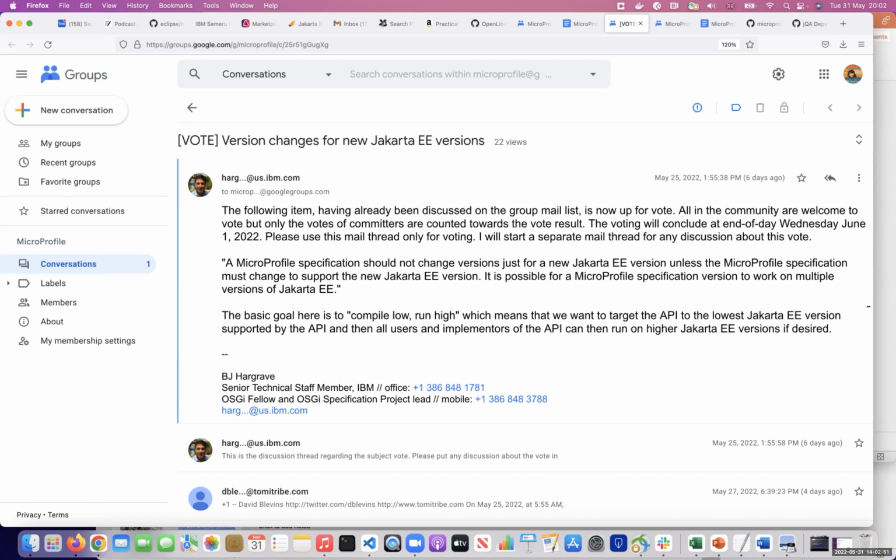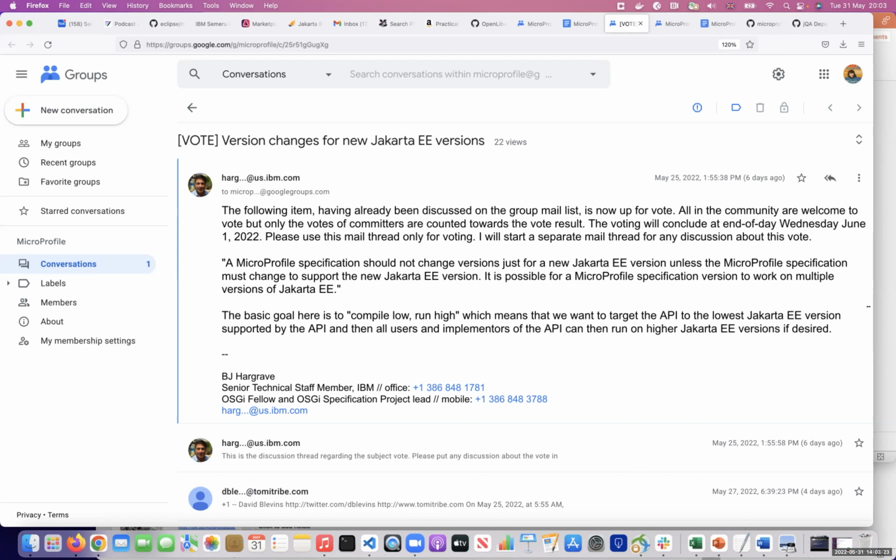So let's say MicroProfile 6 ships, and there are some specifications within it that don't change for MicroProfile 6. They're the same as they were before. Do they get updated to depend upon whatever Jakarta EE 10 dependency exists at the time, or do you re-release their API artifacts to get the updated Maven dependencies with a service release or something? How do you plan to cover that?